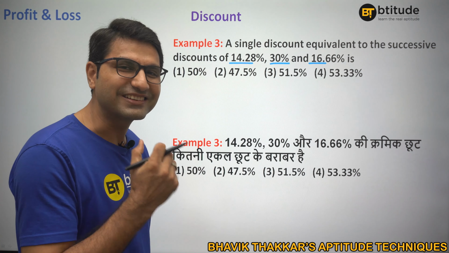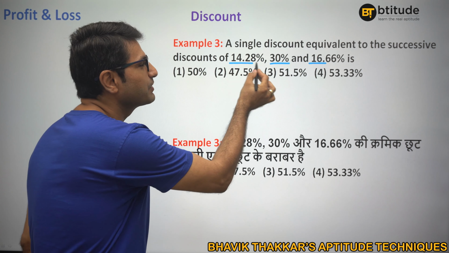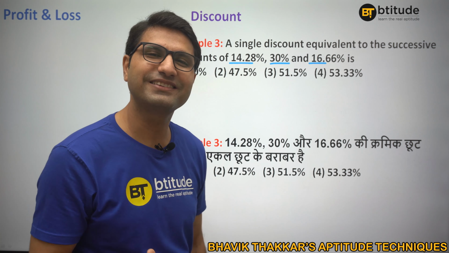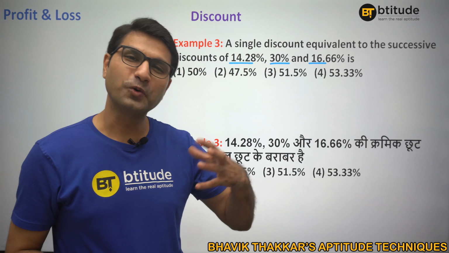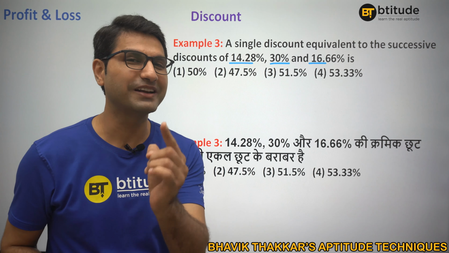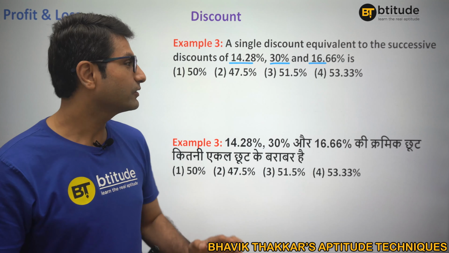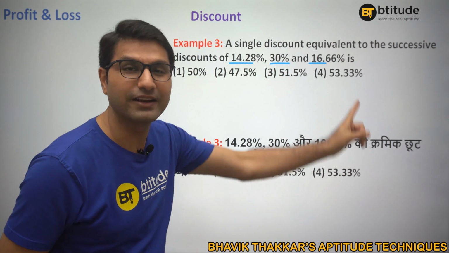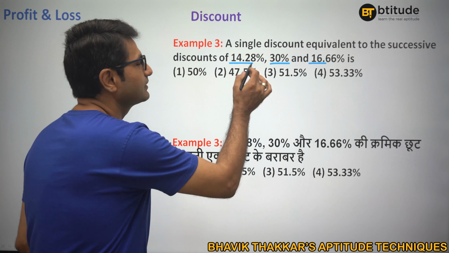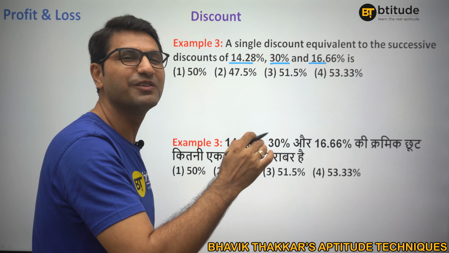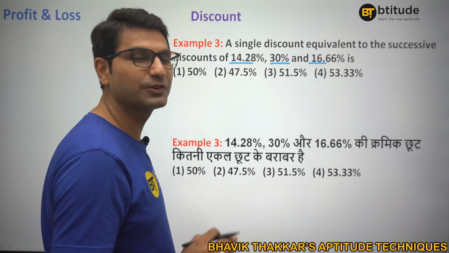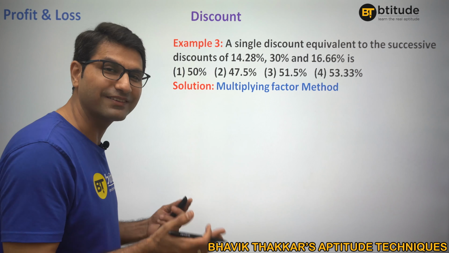Look, the catch is whenever these numbers are the fractions of this, 1 by 7, 1 by 6, whenever it is that kind of fraction, which you know those percentages for which you know the fractions, it would be easier to go with the multiplying factor method. Because think about the logical catch. Anyway, there are 3 variables, 3 percentages. It is bit lengthy, as we already saw. And then 14.28% of 30 will be even more complicated, right? So I would suggest rather to go with multiplying factor method, because that way it becomes very easy.